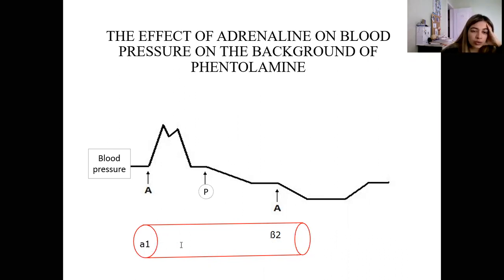So what's going on? If we give adrenaline to this blood vessel, I will show you. If I give adrenaline, it stimulates firstly these alpha-1 adrenoreceptors, and the function of alpha-1 adrenoreceptors is to